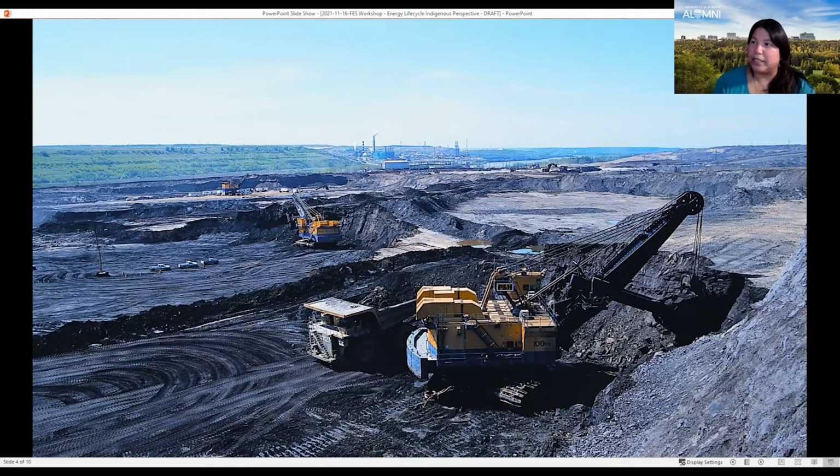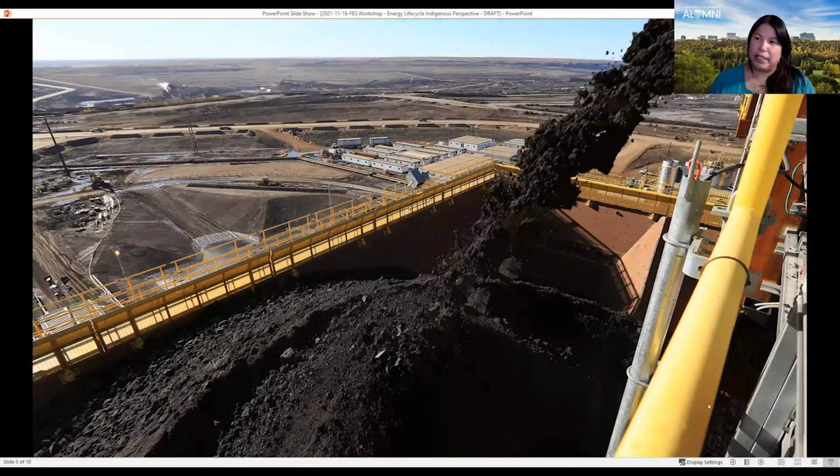In Fort McMurray, this is a picture of the large scale operation that happens there. It moved from a bucket wheel type conveyor convention to trucks and shovels. And so that extraction of the energy source, the material that the energy is in, in whatever its naturally occurring state is. From there, it is moved and it's processed. It goes through large amounts of